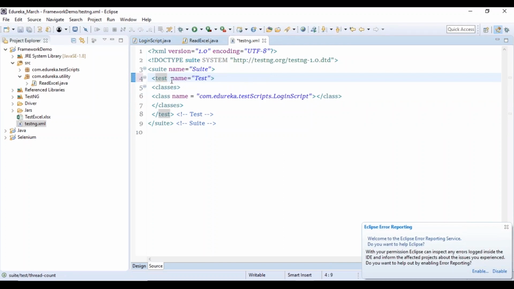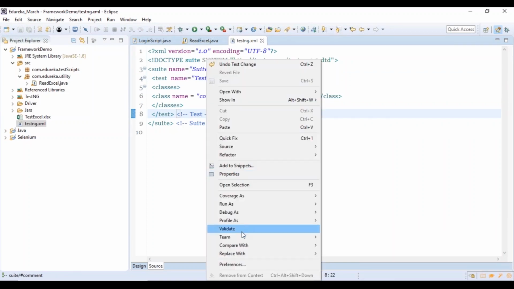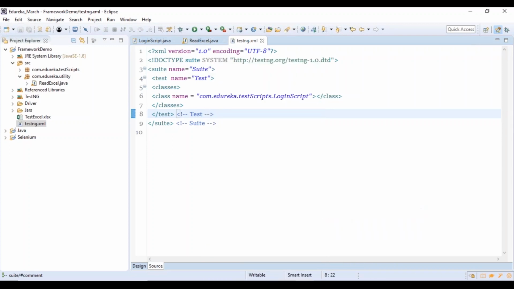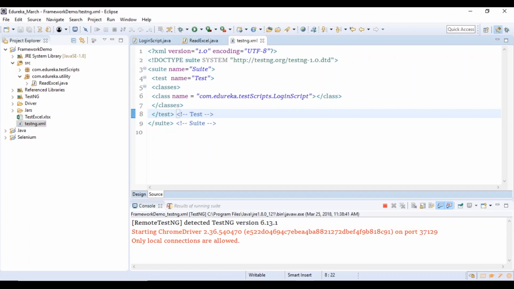Let me run it for 5 times. Now I'm going to run the suite and see what it actually does, so run as testng suite. According to my program, it is supposed to launch your browser and navigate through the URL.